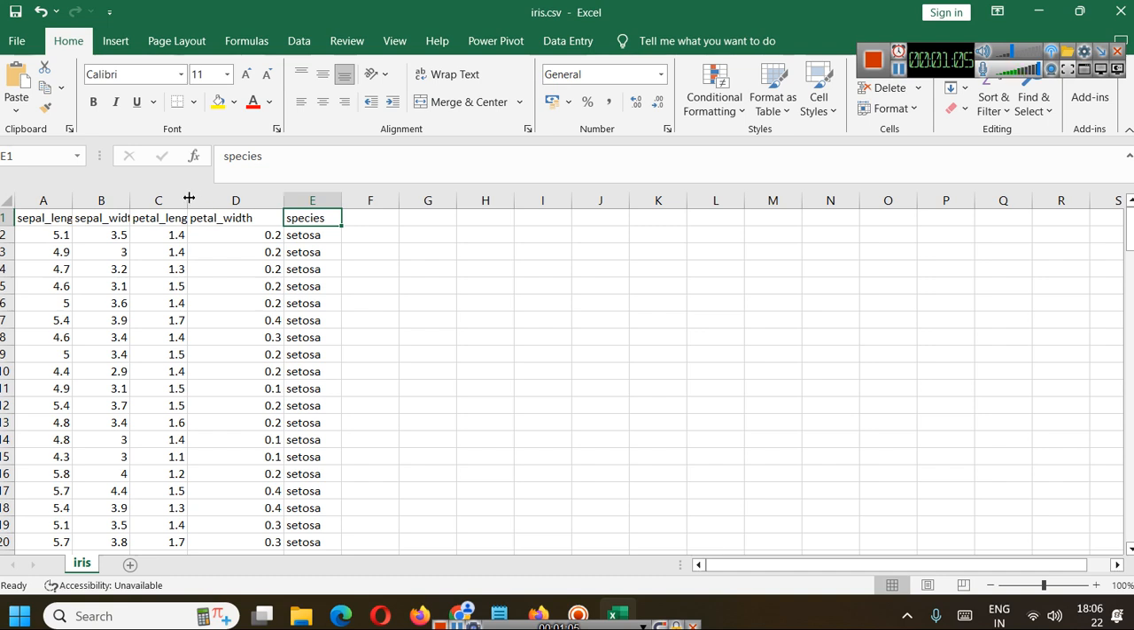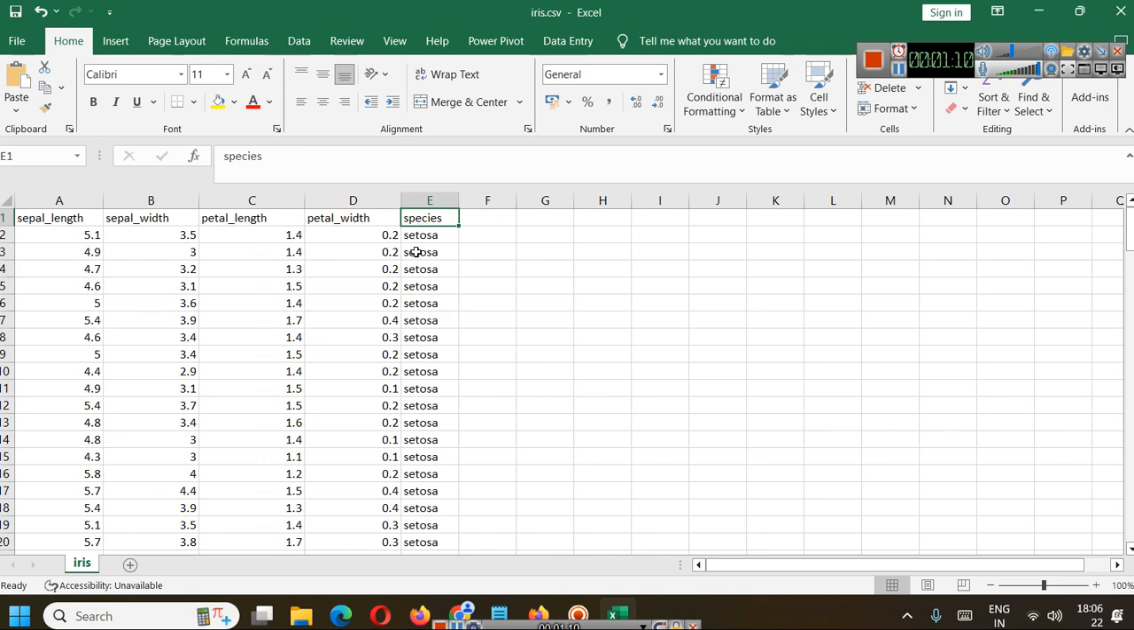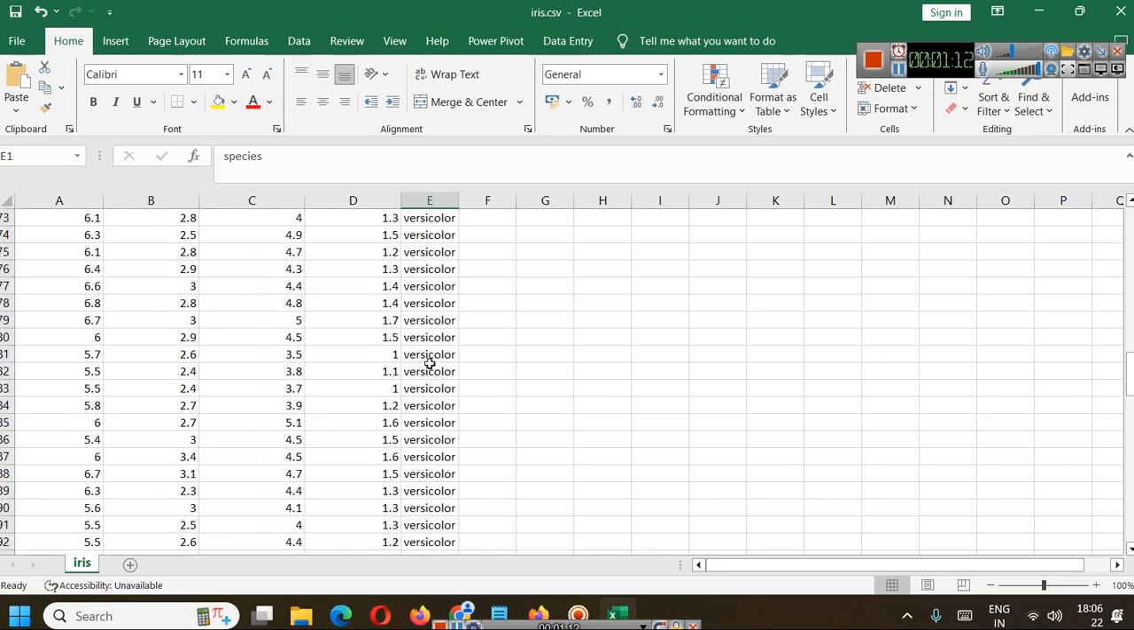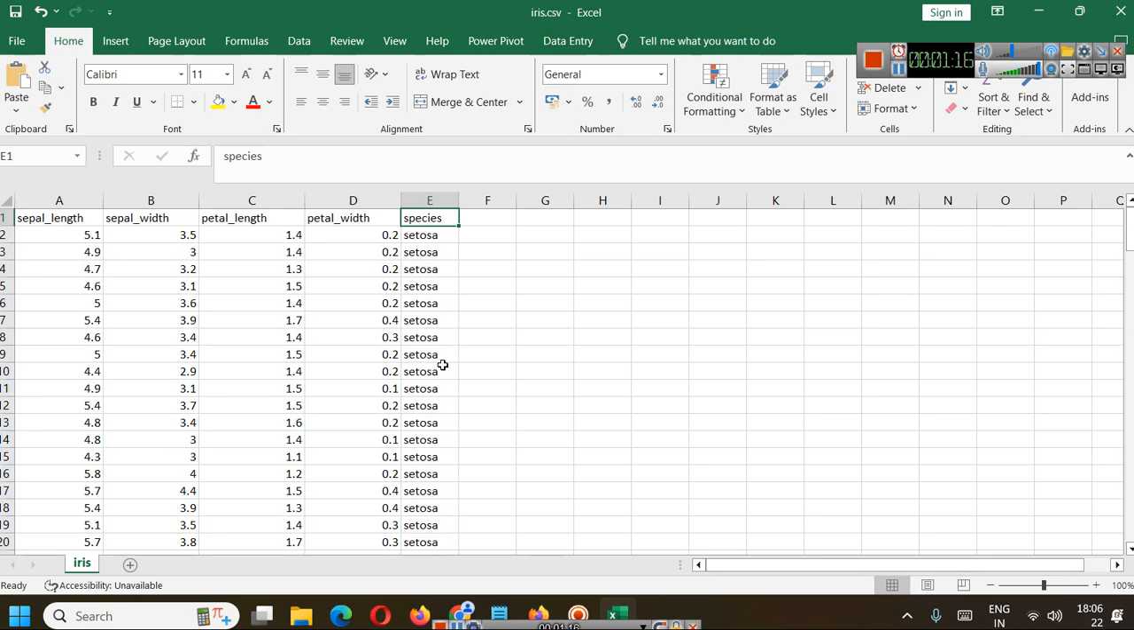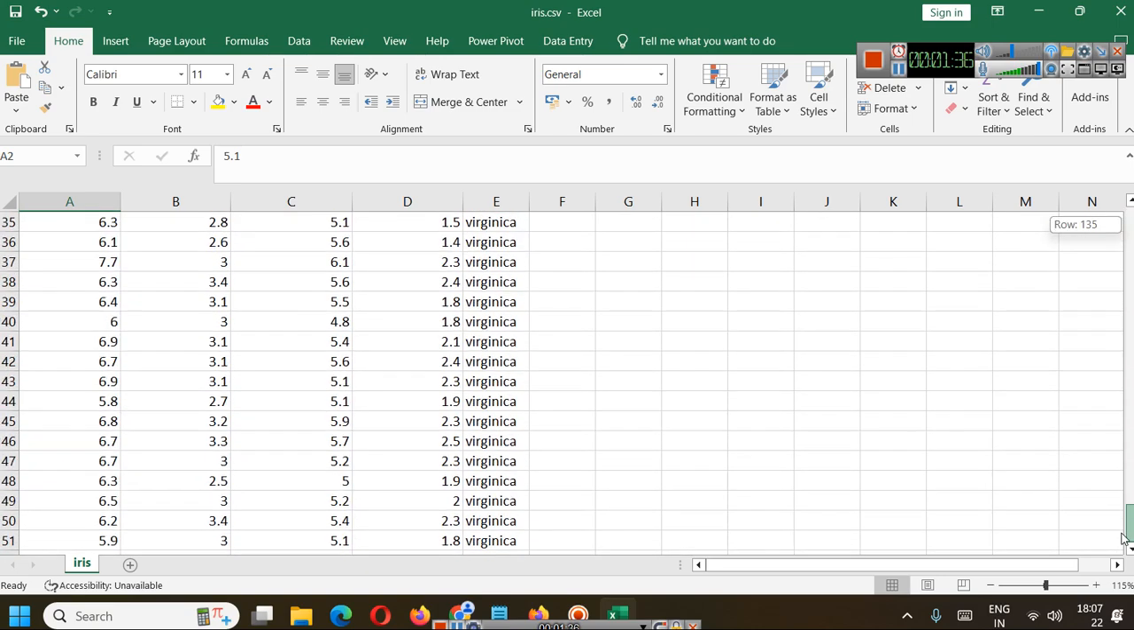This is the iris.csv file. It has information of three flowers. Flowers are setosa, versicolor and virginica. These are the three species of iris flower. And for every species, we have their sepal length, sepal width, petal length, and petal width. So let's say we want to find the average of sepal length, and in that case, the range starts from A2 and ends at